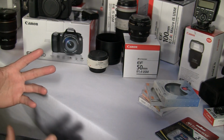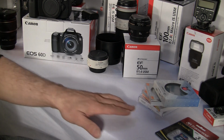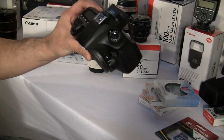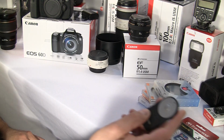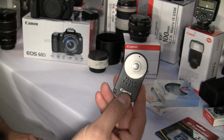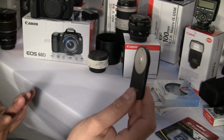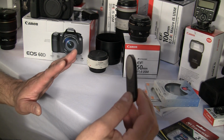Alright, so then I'm looking at, okay, what else am I going to need? And if I'm going to do any videoing, I'm going to need some way of triggering the on-off from a point. So I end up getting a little wireless remote, again from Canon. And I know they sell off brands of a lot of this stuff, and they're probably quality, like the lenses. I could have gone with Sigma, or I could have gone with Tamron, but